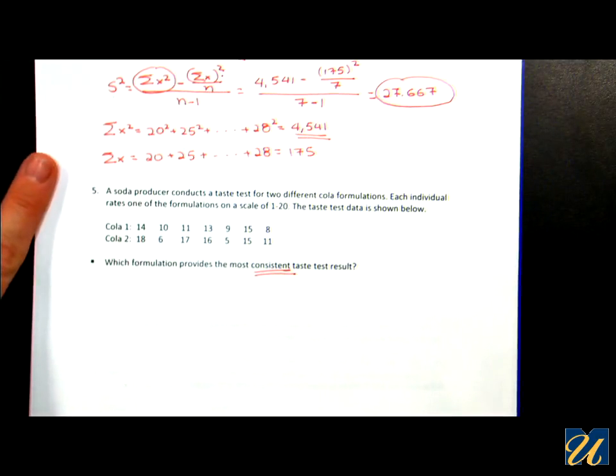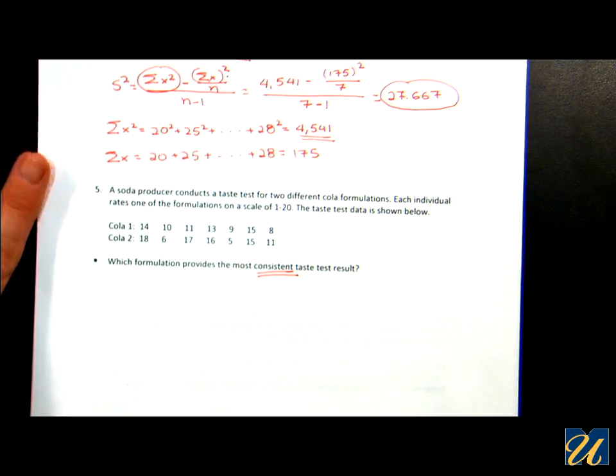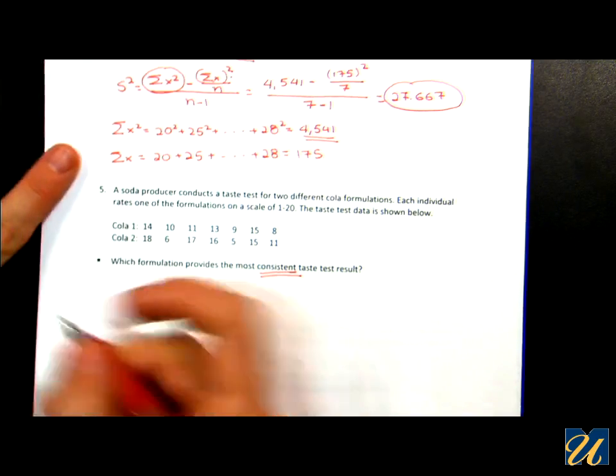When we talk about consistency, it means the lowest variability. To do so, we will need to find the coefficient of variation for each cola and then compare the results. To find the coefficient of variation, we will need the standard deviation and we will need the average. So, let's start with